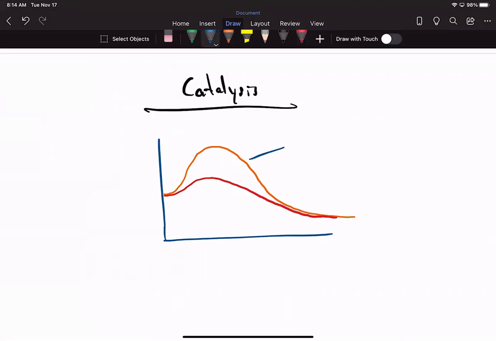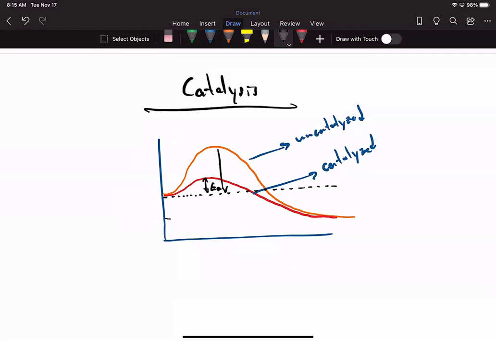So in understanding these, if looking at both of these graphs here, we would say that this one would be uncatalyzed, and that this would be a catalyzed reaction because we're actually lowering that activation energy here, right? So here's our activation energy here,